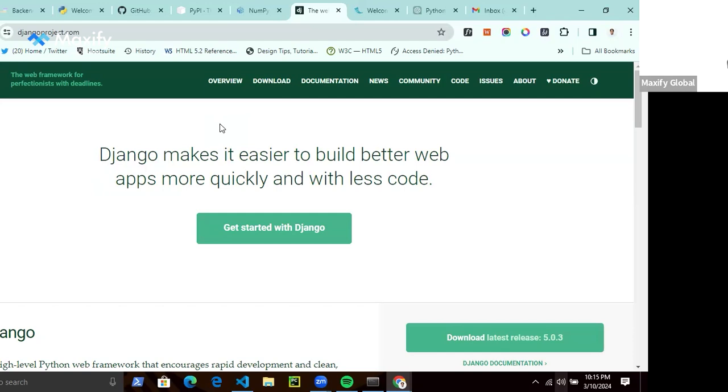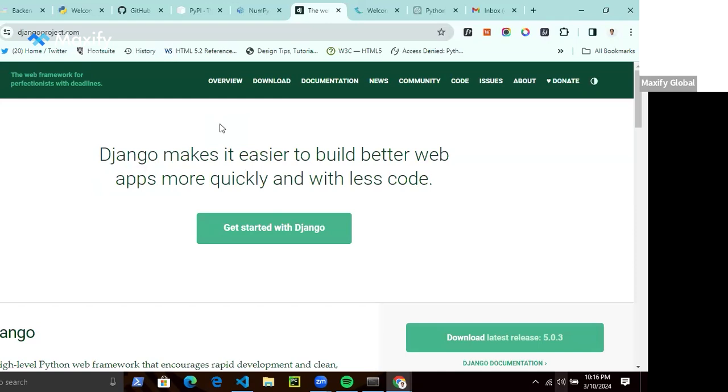So Django actually is beginner friendly, and then it is opinionated. What it means by being opinionated is it defines a lot of things for you as a beginner. You don't have to think too much. It makes a lot of decisions for you on how to structure your application, how to build your application, what needs to be done.